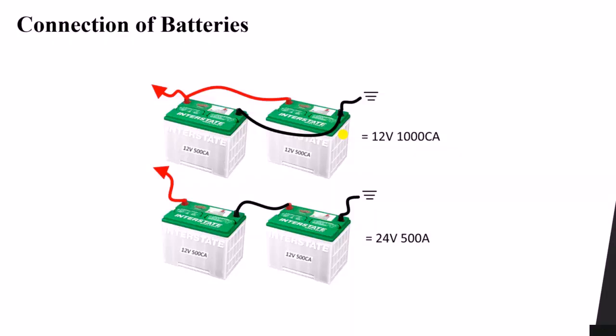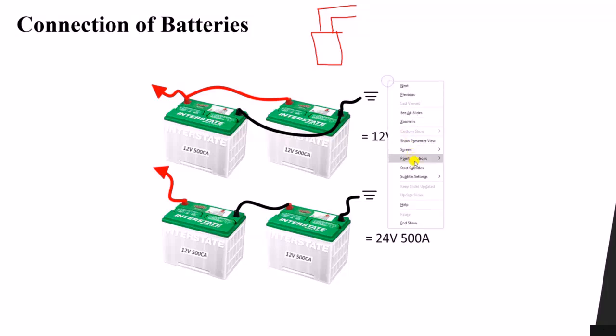Hi and welcome everyone. In the previous lesson, we discussed one PV panel. We said that each panel produces a certain voltage and certain current. Now, how do we connect these panels? We need to understand whether we are going to connect them in series or in parallel, and what is the effect of this on the output voltage and current?